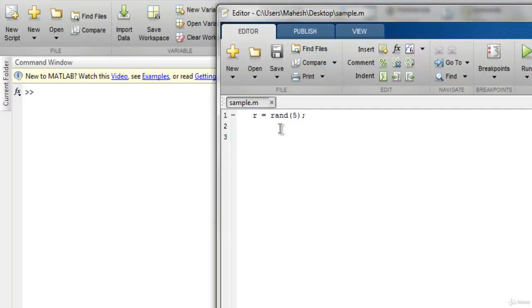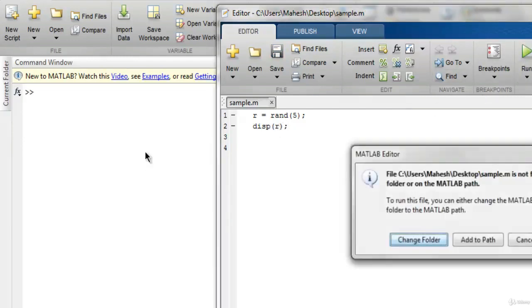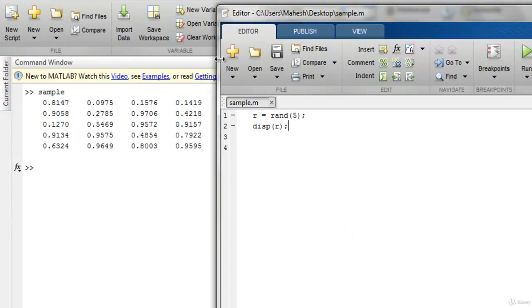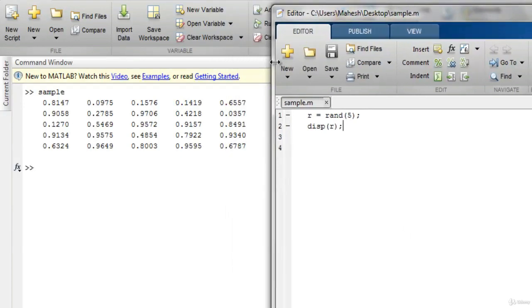So the function rand will give random numbers which are uniformly distributed. Let me display the values from r using this function. If we use the run button, then it should show us in our command window a 5 by 5 matrix with